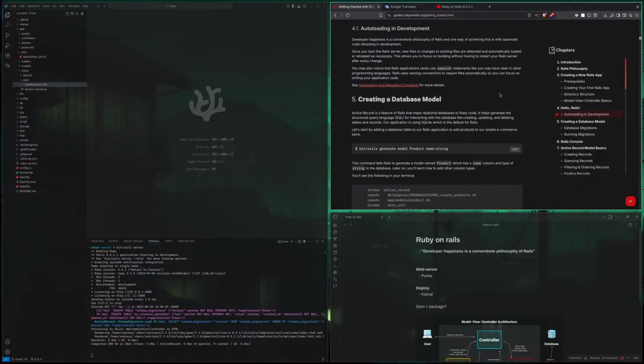Active Record is a feature of Rails that maps relational databases to Ruby code. It helps generate the structured query language, SQL, to interact with the database, like creating, updating, and deleting tables and records. Our application is using SQLite. How do you actually pronounce that?